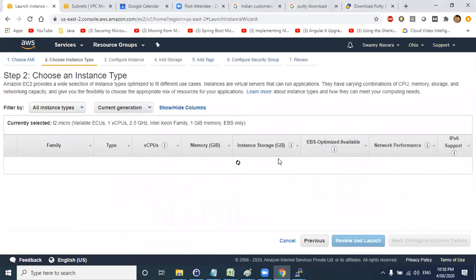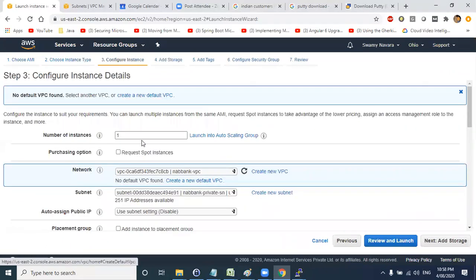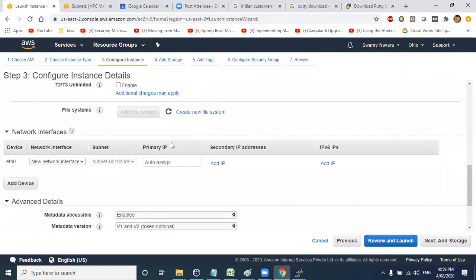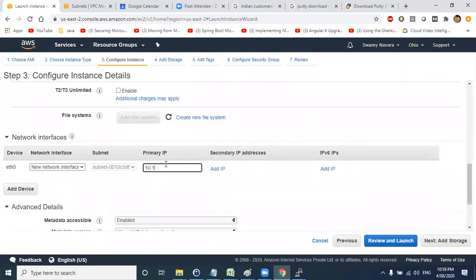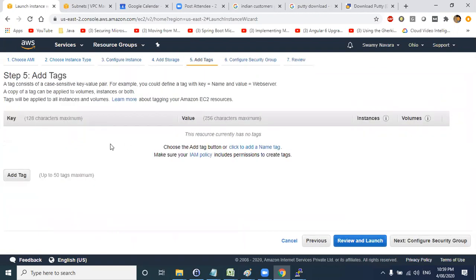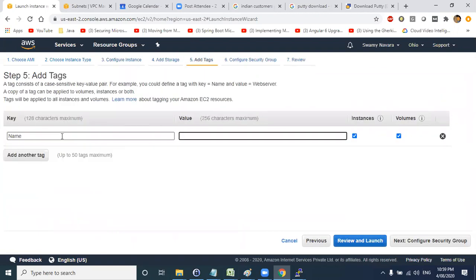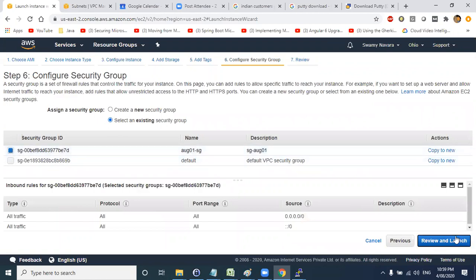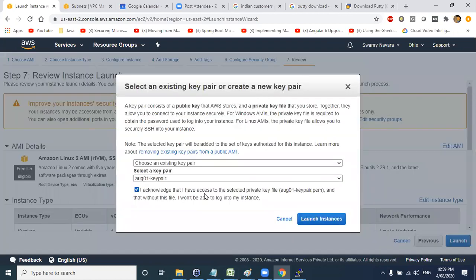So select Amazon machine here, general purpose. Select the VPC as August 1st VPC, and subnet 3, enable public IP. So now here I will give a specific IP, 10.1.3 is the subnet range, and let me give 100, the same IP range, 100. Add storage, tags, instance 3 in subnet 3. Configure security groups. So I'll select the default security group and launch the instance.